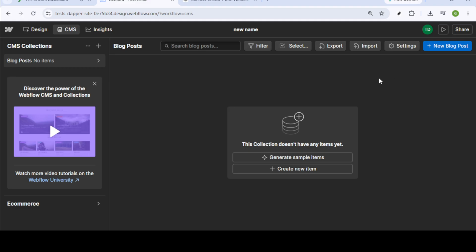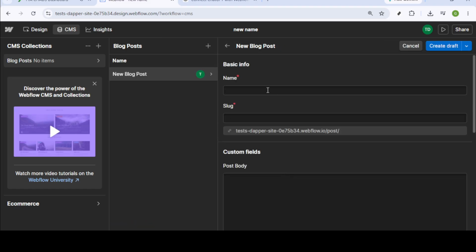Webflow will then generate the framework needed for your blog. This step defines the skeletal structure that will support all your written content. Creating the collection is like building a house's foundation, strong and structured, ready for the design and decoration that will follow. Now that you have your collection set up, take a moment to visualize how your blog will appear once